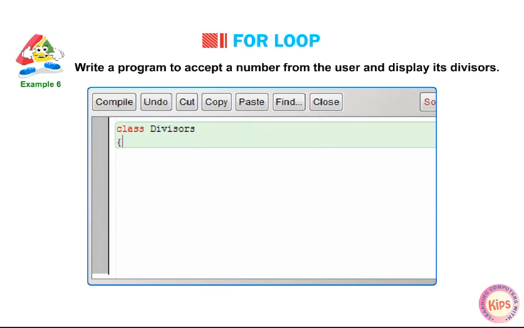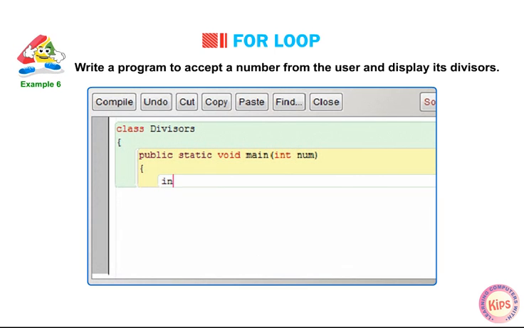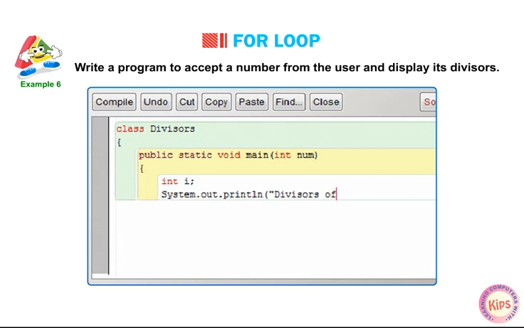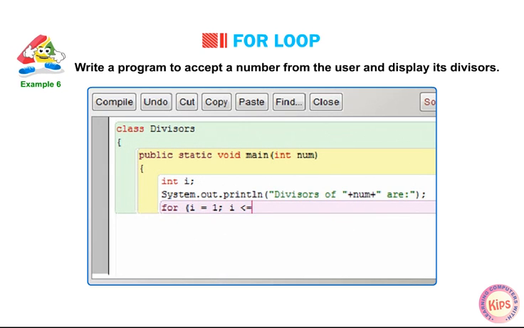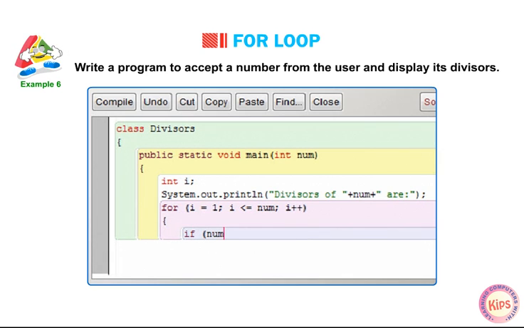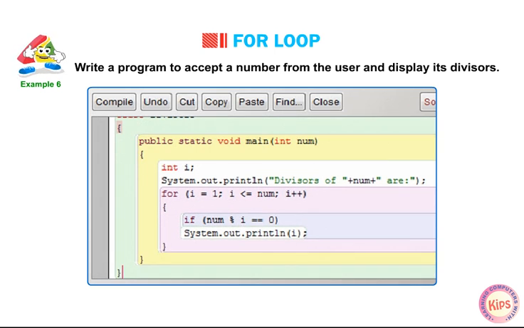Class divisors { public static void main(int number) { int i; System.out.println("divisors of " + number + ":"); for(i=1; i<=number; i++) { if(number % i == 0) System.out.println(i); } } }